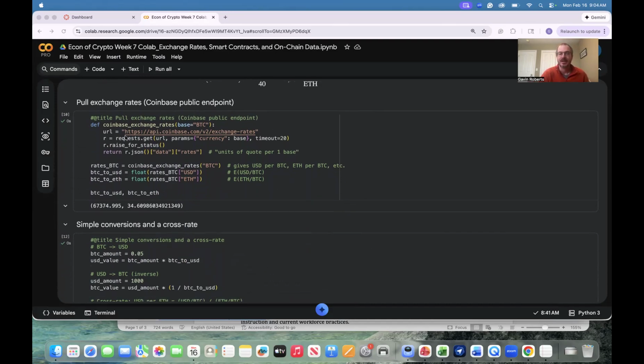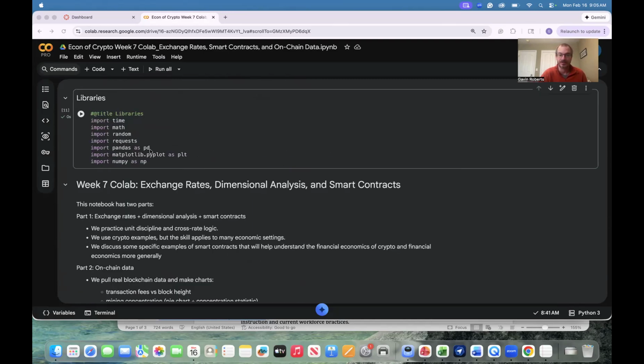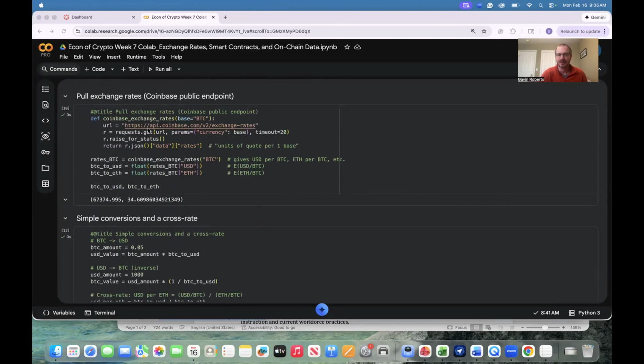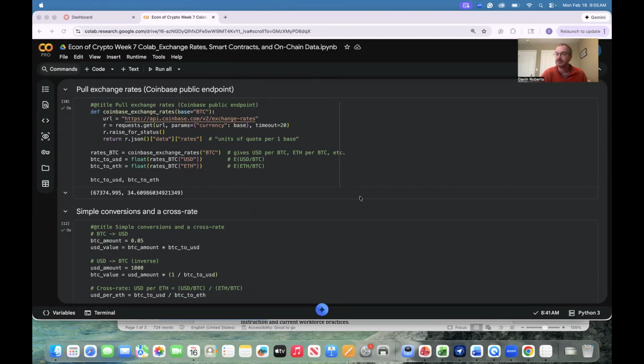I think it is actually going to a website, Coinbase, that has an API. We did this with Yahoo Finance, but Yahoo Finance was a little bit different. Yahoo Finance is really nice from our very first Colab because that's a library. So once we import that library like we do up here, it's really easy to deal with. Other ones don't necessarily have libraries in Python, maybe Coinbase does, but here we're actually going to the API part of the website